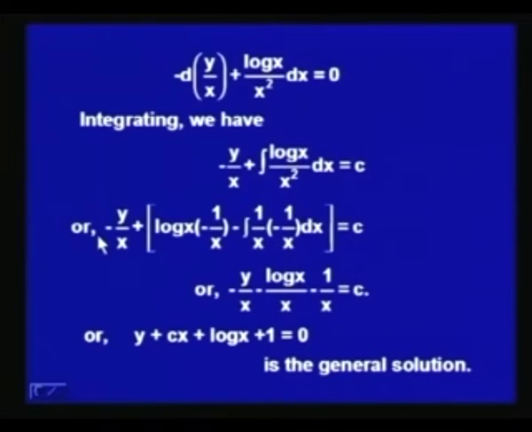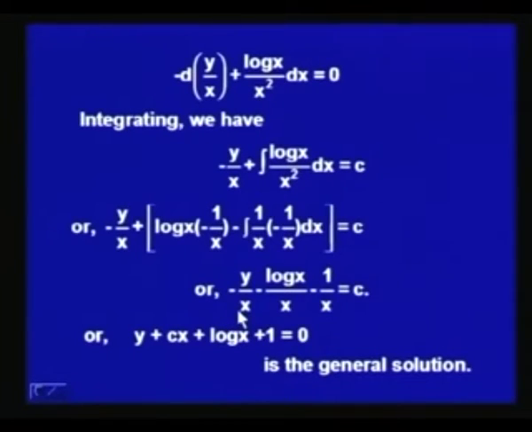We will have the solution as minus y over x plus log x into minus 1 over x. Here we are taking log x as the first function and 1 over x square as the second function. So we have the first function log x, the integral of the second function 1 over x square as minus 1 by x, minus integral of the derivative of log x, that is 1 over x, into the integral of 1 over x square, which is minus 1 over x, and then after simplification,